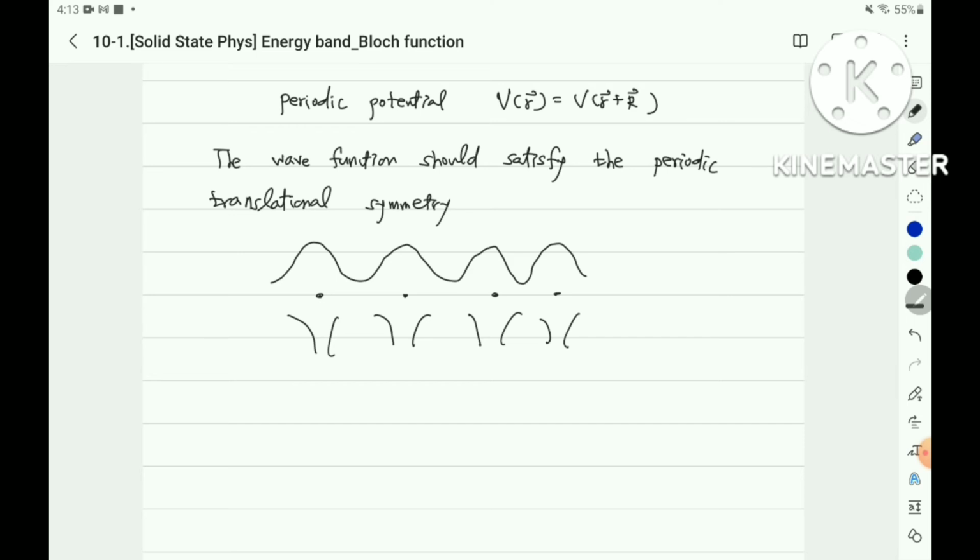But in this case, the electrons have an extended state above the ions, because there are two kinds of electrons. One is the core electron, which is bound to the ions, and the itinerant electrons flow from one atom to other atoms. The wave function also should satisfy the periodic boundary condition, and therefore